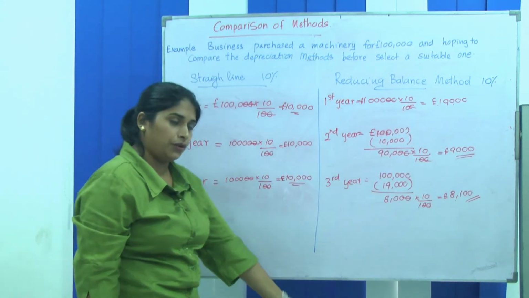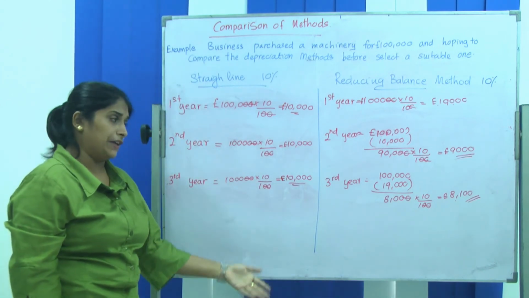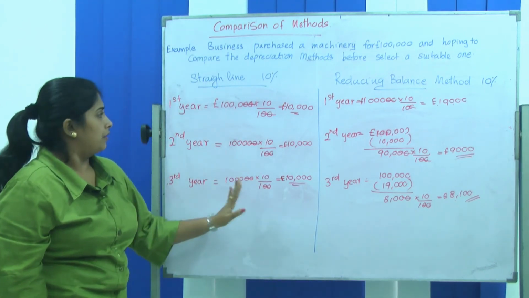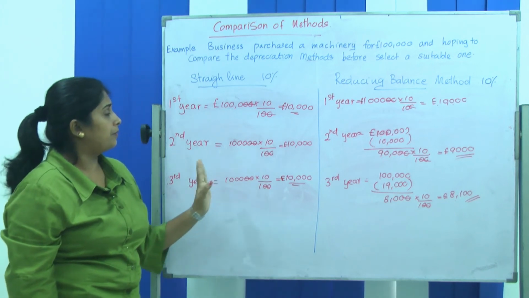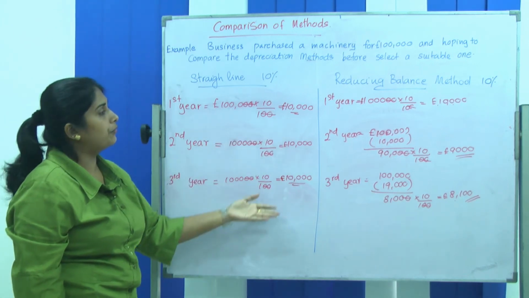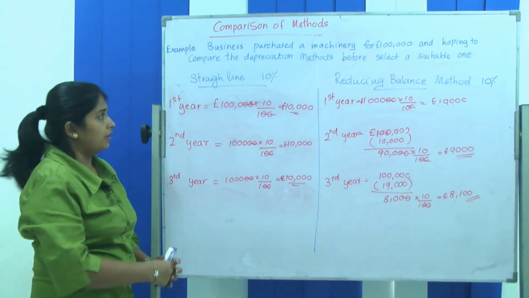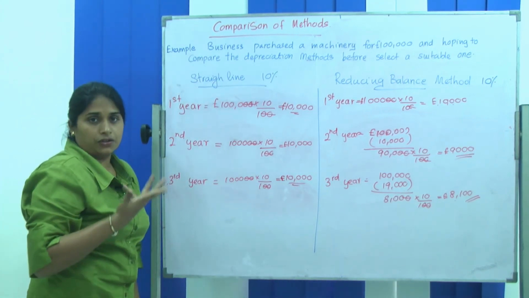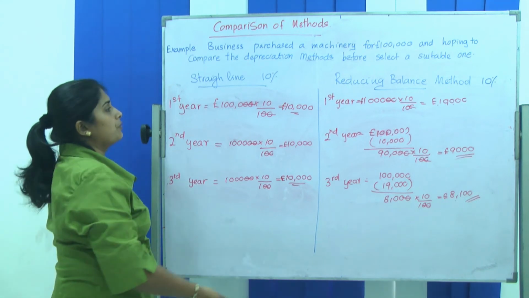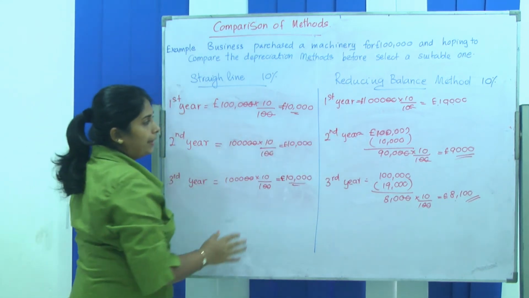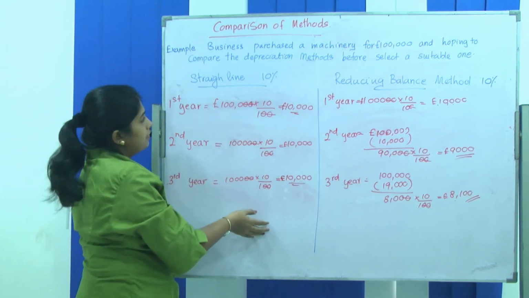So you can continue this for 5 years, 6 years, but to make you understand easily, I used only 3 years. So this is the comparison of methods. This business does not know which method to use, so what they are going to do, they are going to compare. So if you compare the straight line method